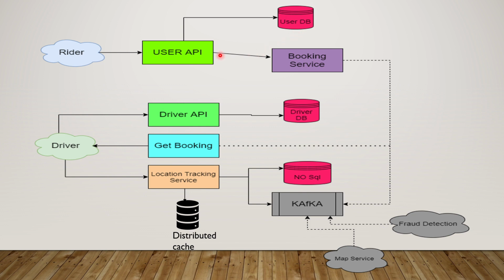The next thing is there will be a set of APIs which will be calling another service, which is this booking service. Now, what is this booking service? Basically, the booking service is some service. You can think of it for now as a black box where a request will go from the user that I want to go from point A to point B. I need a particular kind of cab.